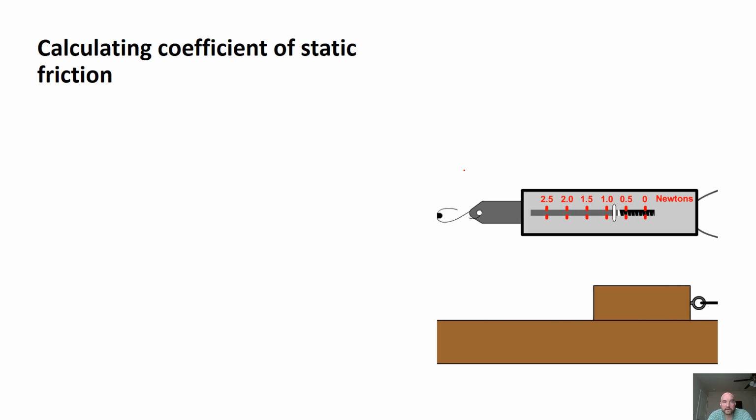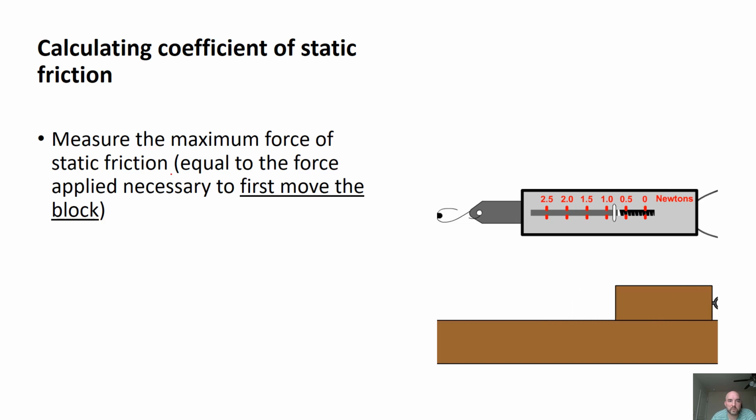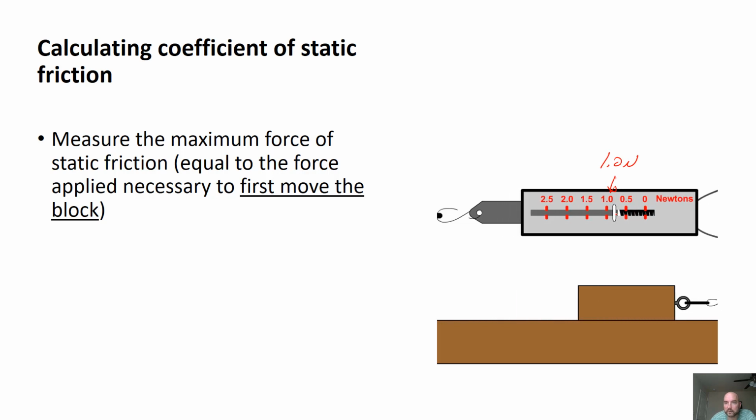To calculate the coefficient of static friction, this would be something you might do in a lab. And if you're in my class, I'm going to have you do this at some point, either with animations or in a lab setting. But you want to maximize the force while this object's still not moving. So let's look at the spring scale a little bit closer. Notice how it gets to 1.0 newtons and then it kind of flings back and goes to around 0.8 newtons